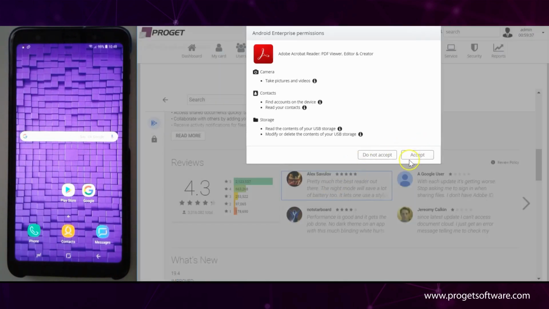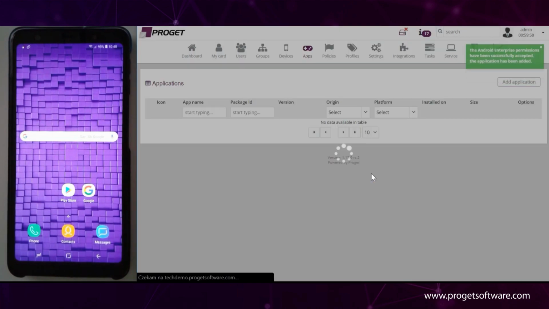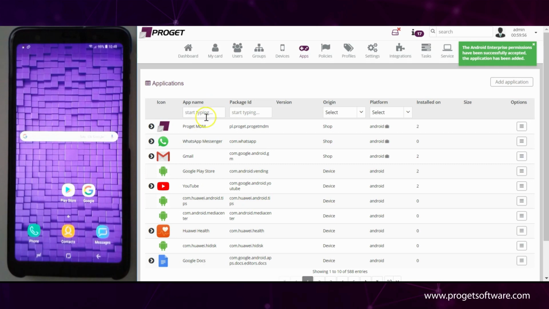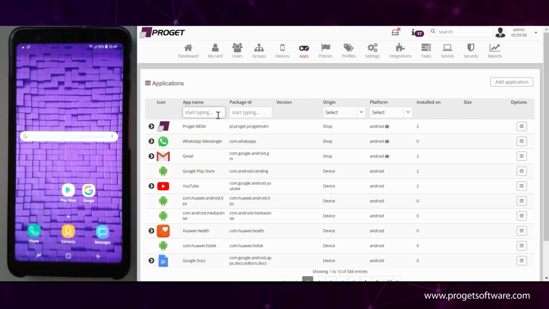Okay, here we have the list of necessary permissions. Let's accept them. And this application will be added to our console, and we can deliver that application to all devices we have in our system. But for now, let's move to the main list. And here we have a few more interesting features